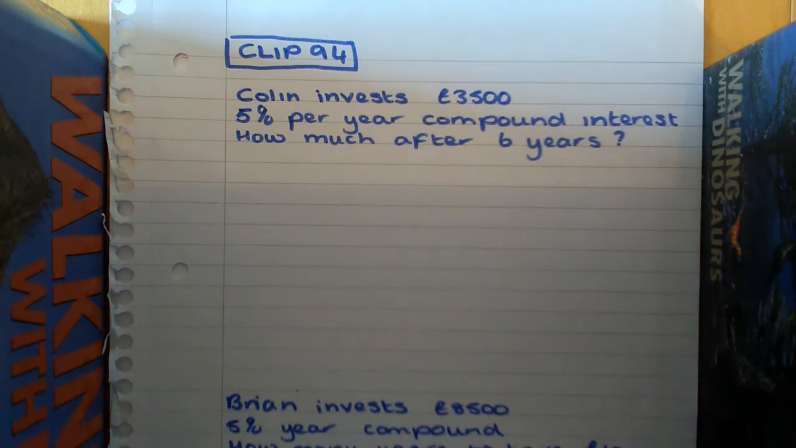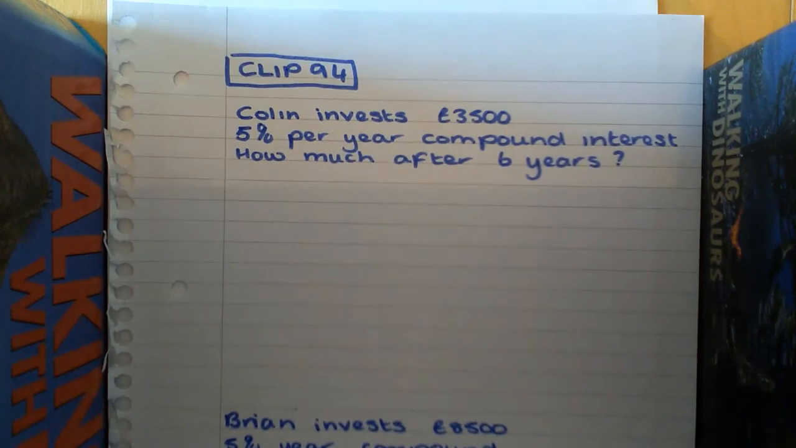Okay, so clip 94 is about compound interest. And compound interest works differently to simple interest. On simple interest, you work out what 5% of 3,500 would be, and then you get that amount every year for the 6 years. In compound interest, you actually end up with more money because what happens is, first of